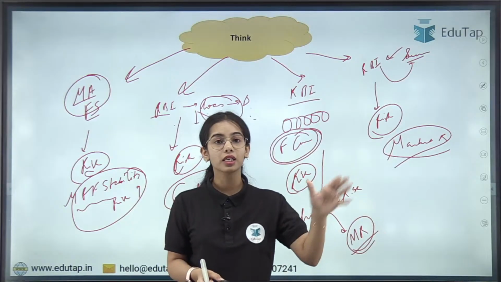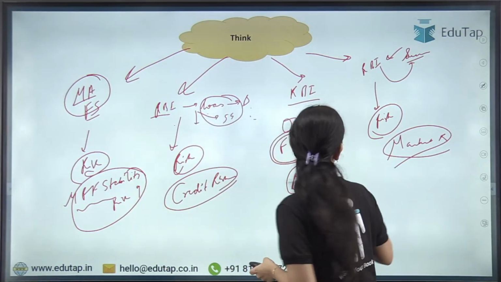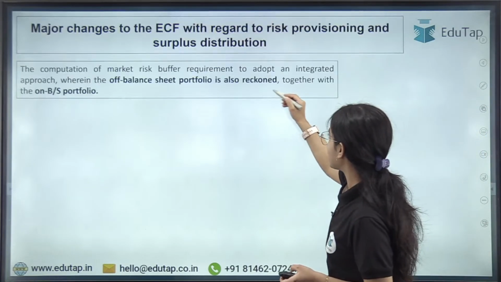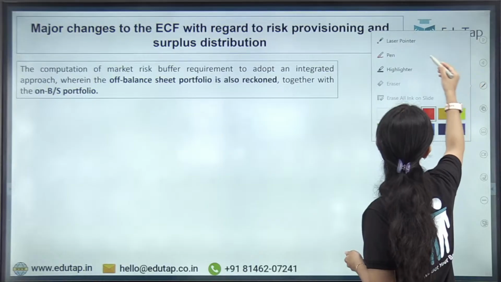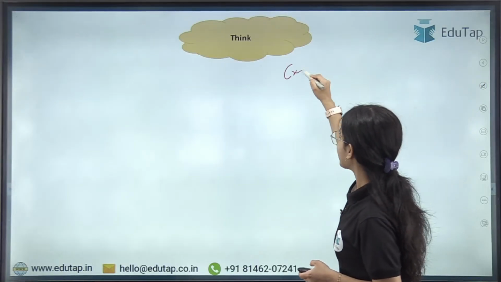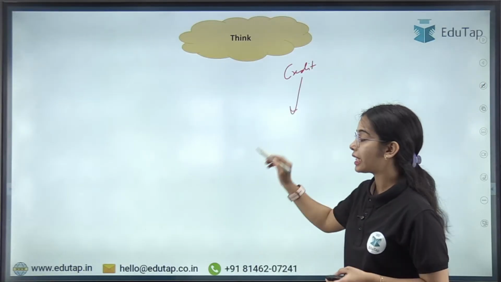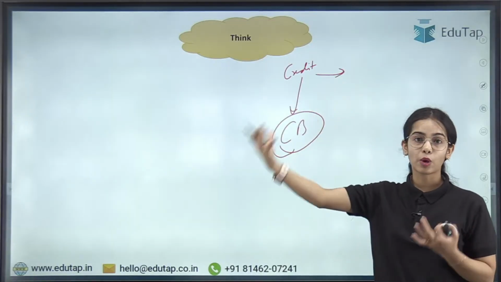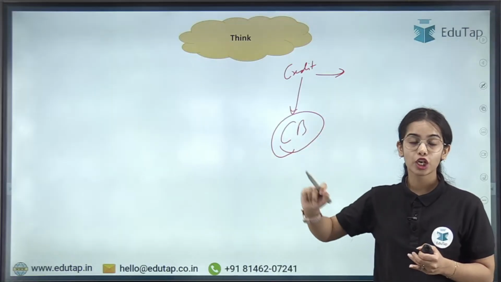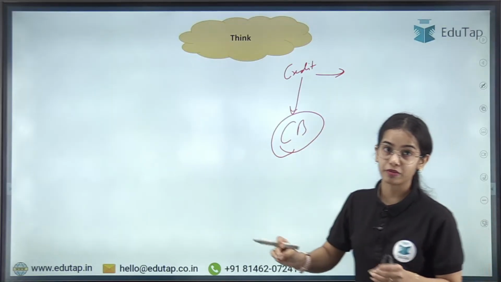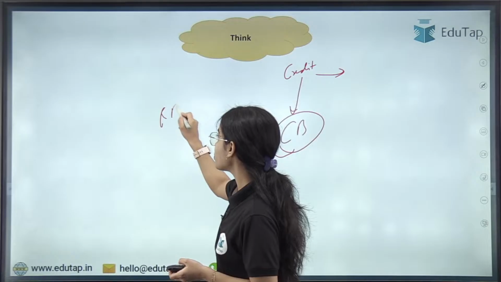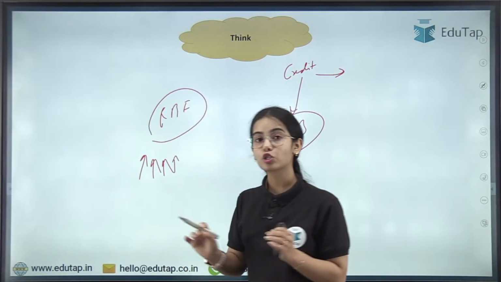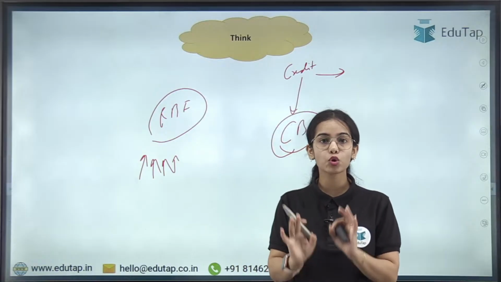Like the banks are, see, it is said that the banks are providing the credit, and that's why they have to maintain the capital buffers, right? Because what if the counterparty defaults, what if the borrower defaults? So banks have to maintain enough of the capital buffers. Similarly, the RBI is entangled in so many risks. So the RBI should also maintain capital buffers. Do you think so or not?